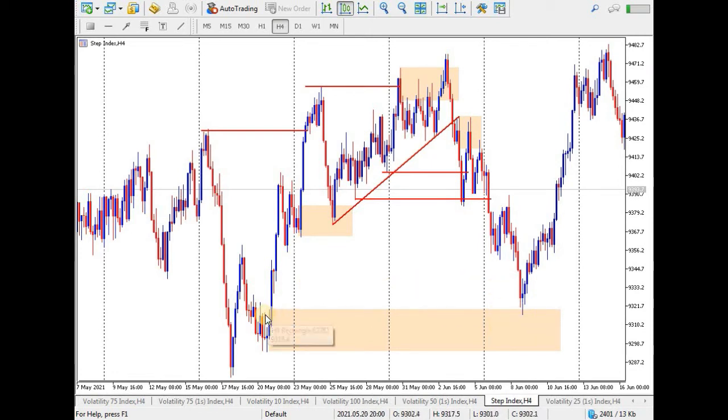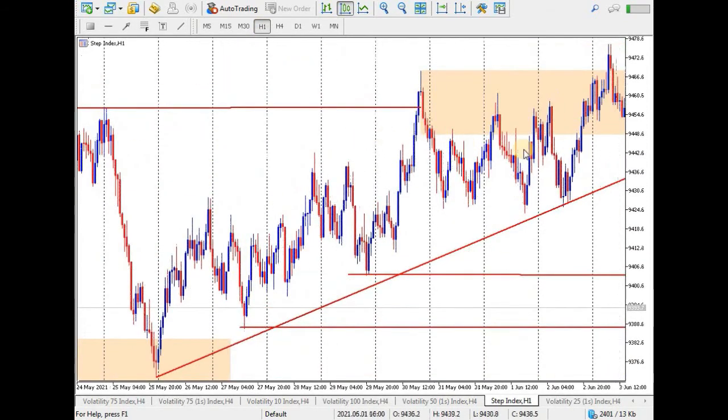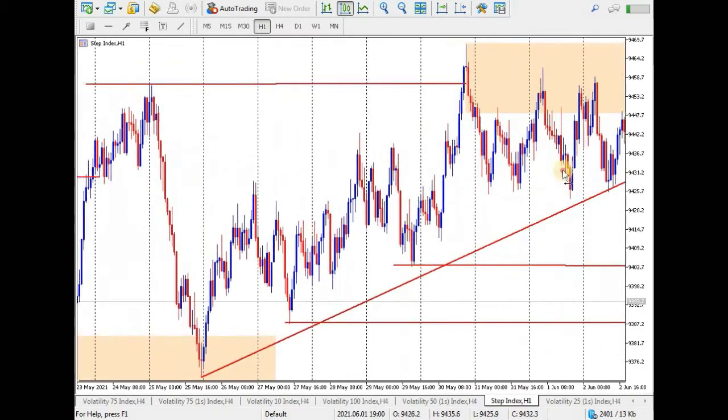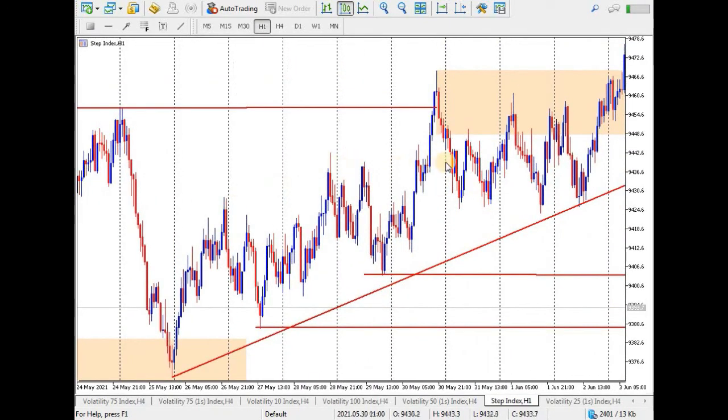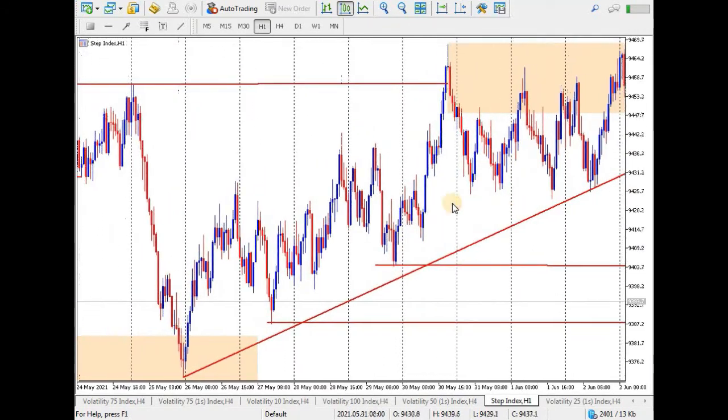That's where you wait for the price to come and take the orders. And now if you go to the H1 time frame, you can see this is a compression. We do not trade compression, but if you do trade compression, you have to wait for the price to break the previous high. And as you can see, this was our previous lower high. And then when the price breaks the previous lower high, you draw your trend line something like this,